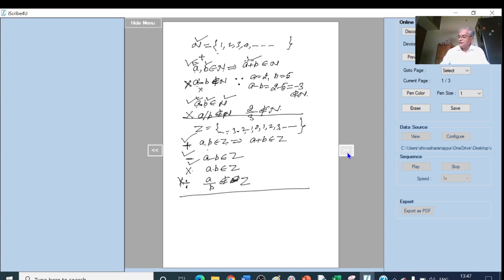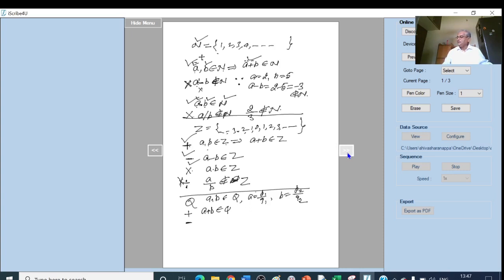And if I go to the set of rational numbers, say Q, then suppose A, comma B are any two elements belonging to Q, which means A is of the form say P1 by Q1 and B is of the form say P2 by Q2. Now if I take A plus B, that is P1 by Q1 plus P2 by Q2, then we take the LCM: P1 Q2 plus Q1 P2. So this is again in the form of P by Q, therefore this belongs to Q. So plus is a binary operation.